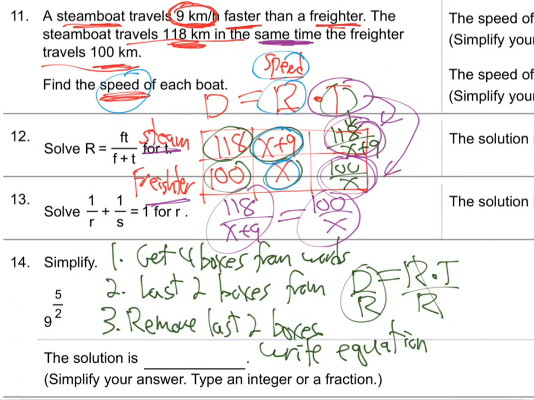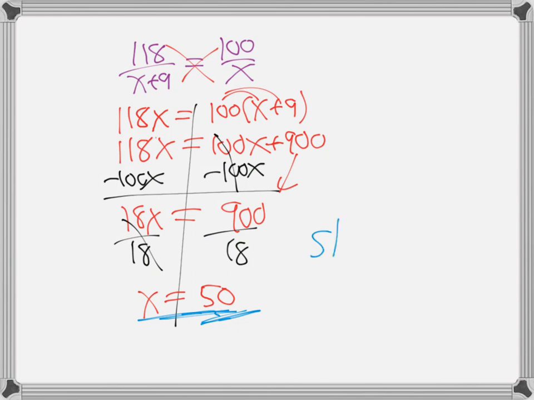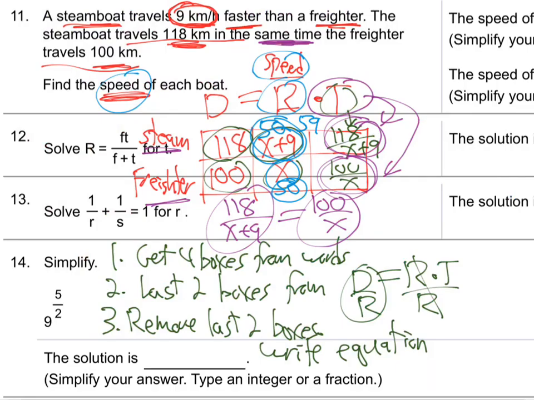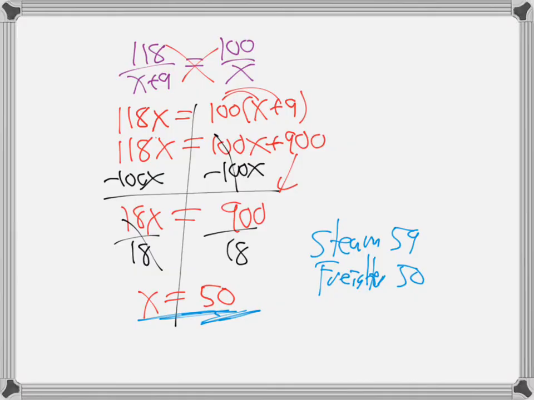So put in the 50, right? We now know x is 50. So put in a 50 here and a 50 there. So 50 plus 9, or 59, is the speed of the steamboat. And just plain 50 is the freighter. So the steamboat is 59. Freighter is 50, was that right? Yeah. So there we go. All right, let's move forward